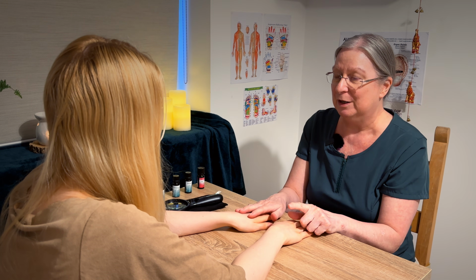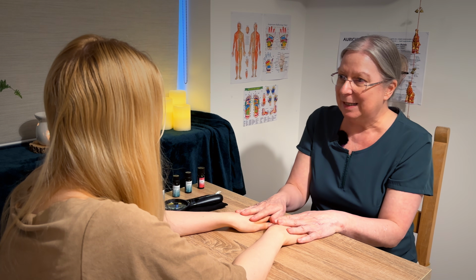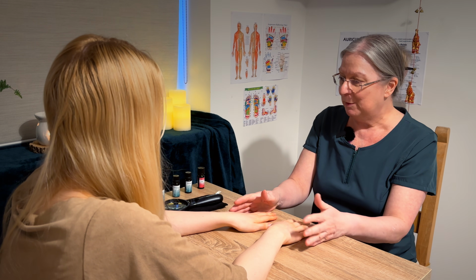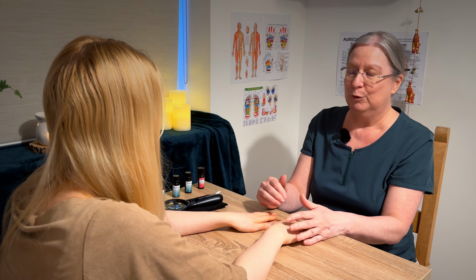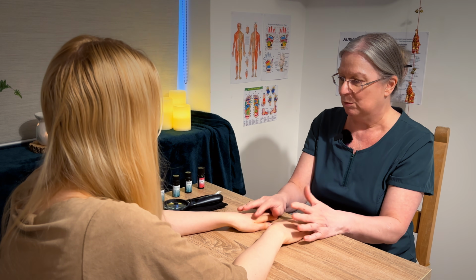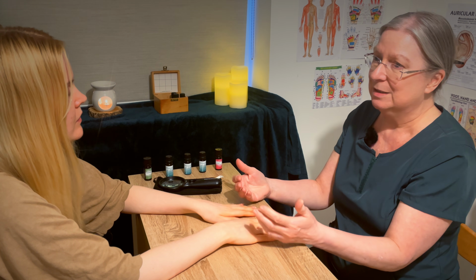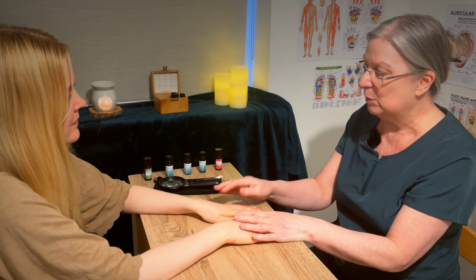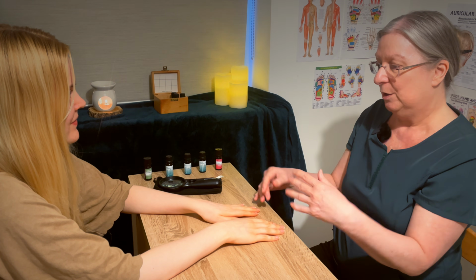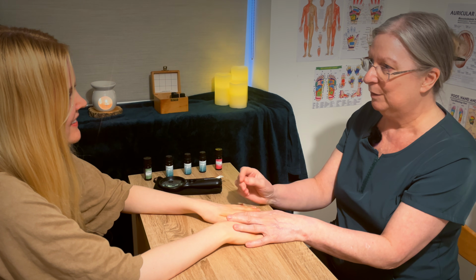But what I want to do now first is just wash these hands. But what I'd like to do is make it a little bit special. And you know me, I'm a great fan of aromatherapy oils. And aromatherapy oils are not just used for putting in a diffuser or used for treatments such as aromatherapy massages or Indian head massages. You can put them into water, and the holistic properties are the same. So the essential oils will treat that, but you just have to be cautious with the amounts that you're using. So what I thought we'd do is we'd get a bowl of water to cleanse the hands, but we would also put a little bit of therapeuticness